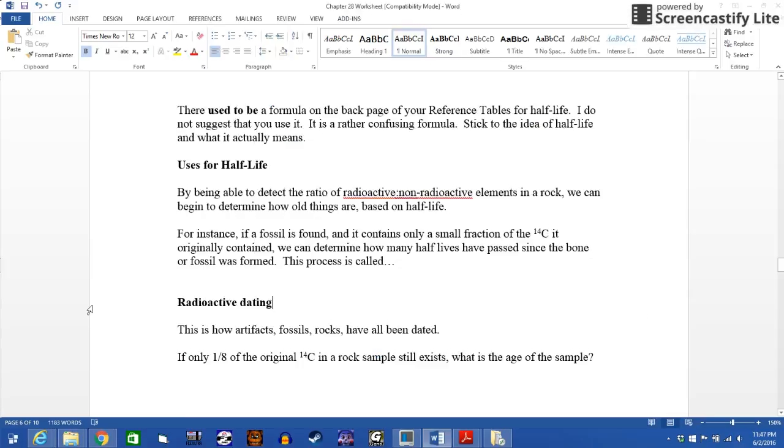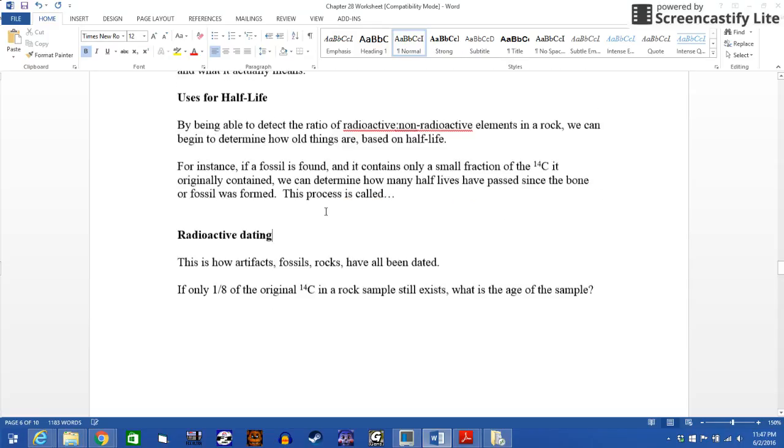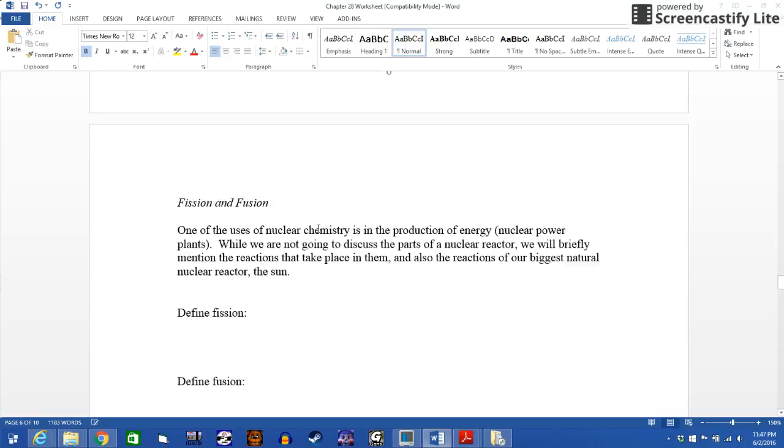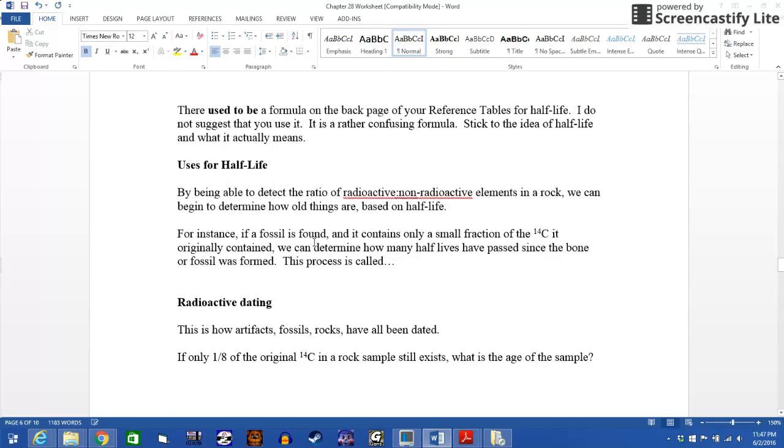Okay, so continuing on. This is how you date artifacts, fossils, rocks. Now, some things you can date with carbon-14. Other things need to be a little bit longer lived than that. We'll talk about that in just a second. But anyway,